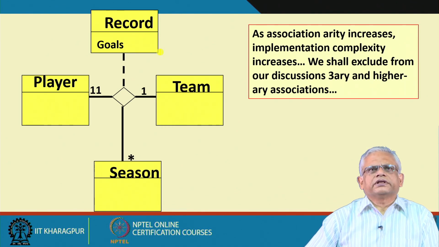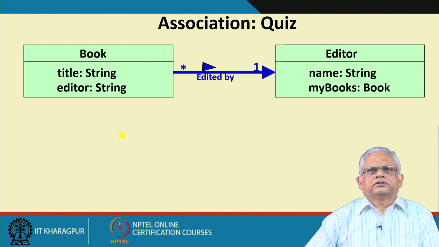And then we will use a quaternary association and we will implement this in the form of 4 binary associations. Since these are not very common, more than 3 or 4 associations, we will not spend time on this. Let us move on to other types of relation, but before we move on, let us have a small quiz.